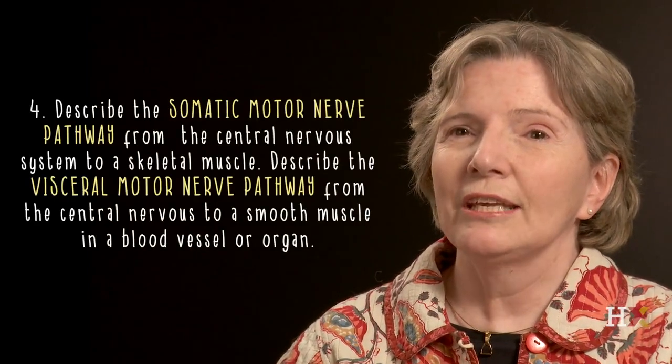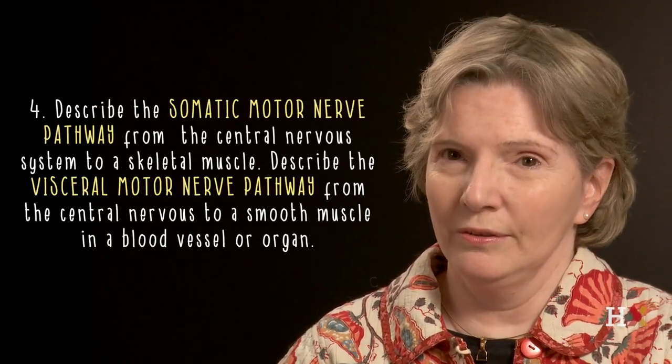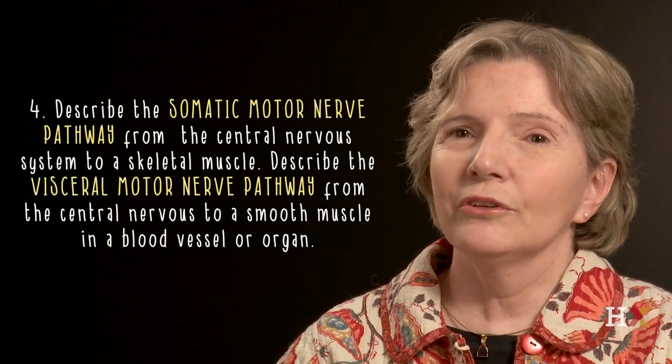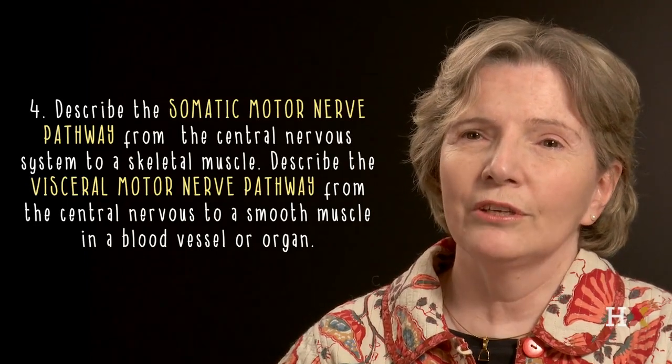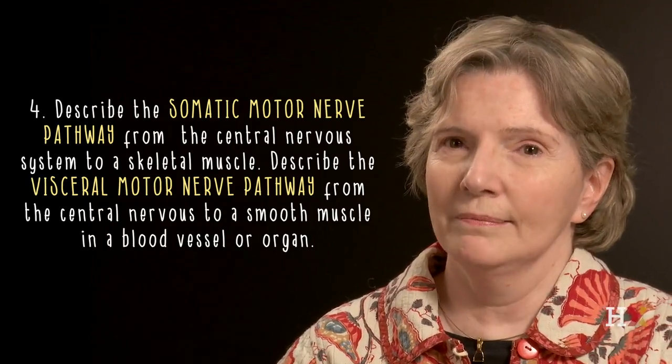Fourth, describe the somatic motor nerve pathway from the central nervous system to a skeletal muscle, and describe the visceral motor nerve pathway from the central nervous system to a smooth muscle in a blood vessel or an organ. And finally, if 4 is the motor pathways, both somatic and visceral, and we'll explain those terms in a minute,